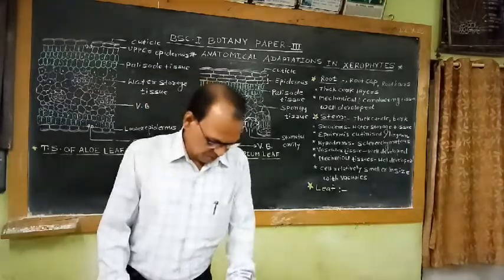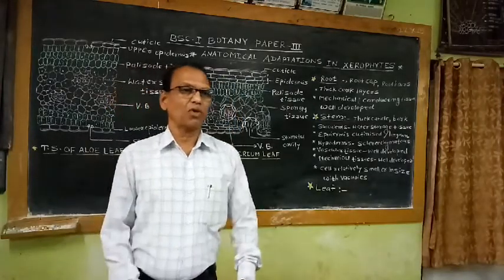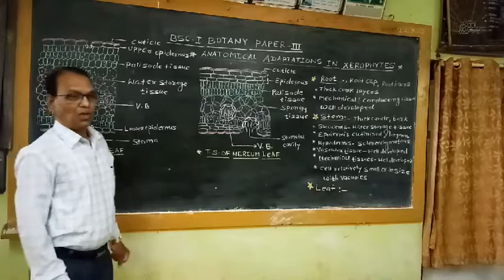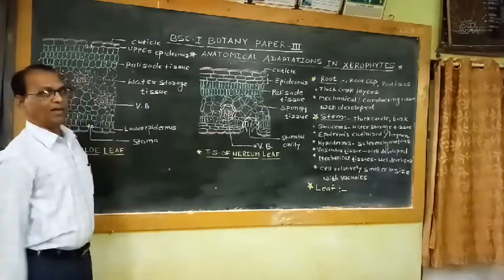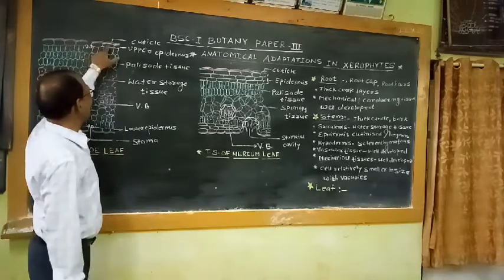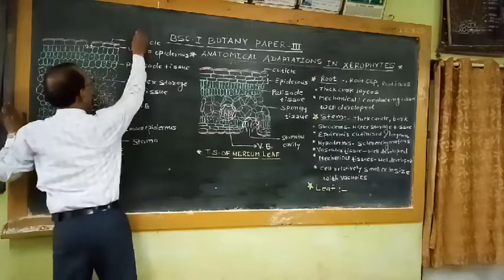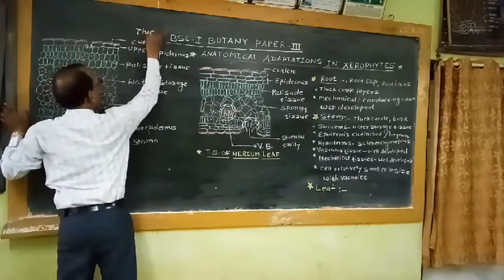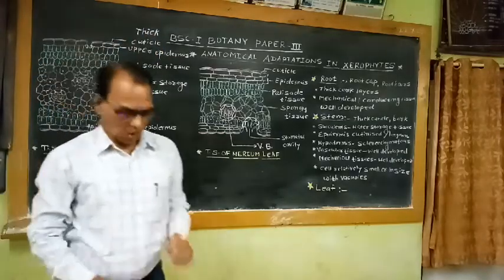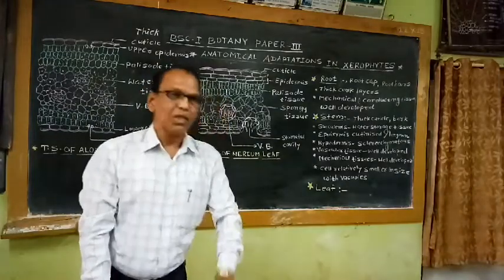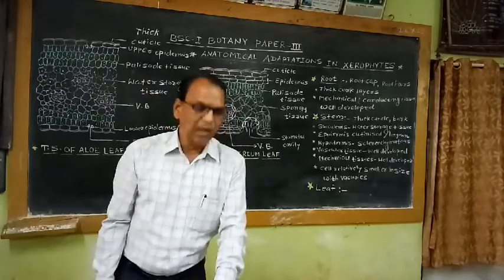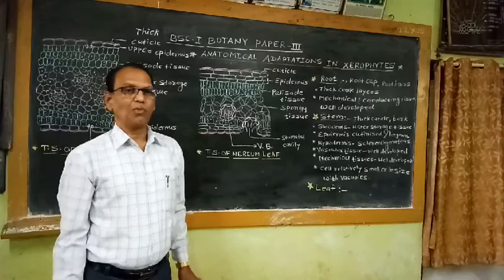So if we take the transverse section of leaves of the xerophytic plants and observe under the microscope, it shows the outermost layer, which is commonly known as epidermis. This epidermis layer is generally a single layer. In the case of this aloe leaf, it is also a single layer. This epidermis layer is covered with a thick layer of cuticle. So thick cuticle is the anatomical characteristic feature of most of the xerophytic plants. That means the epidermis covered with thick cuticle is an important anatomical character of xerophytic leaves.